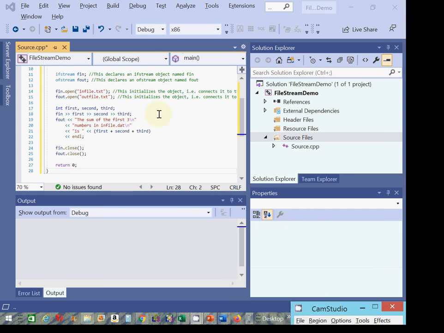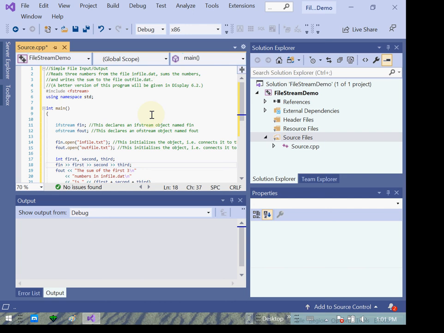Here I have a program, and you'll notice the first difference is I don't have iostream included. I have fstream. fstream is the library we need to include that enables us to create or declare ifstream and ofstream objects. We're going to use namespace std, and here I have a line of code where we're